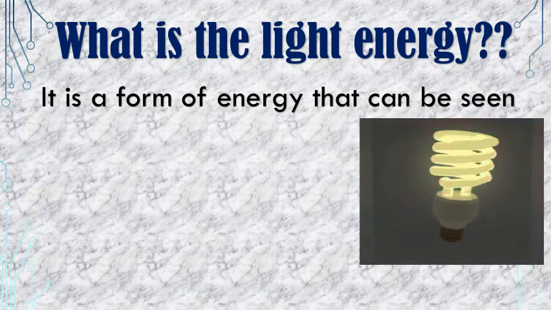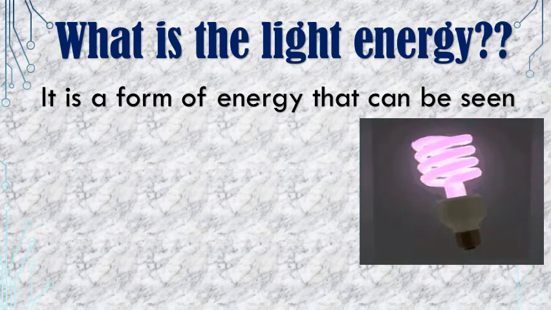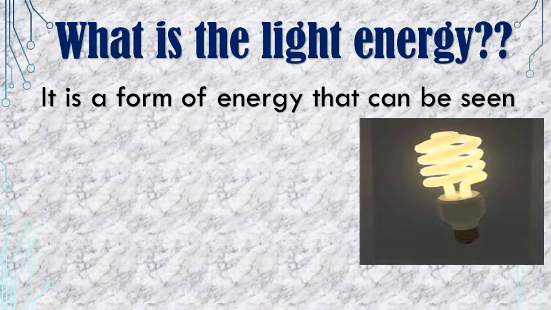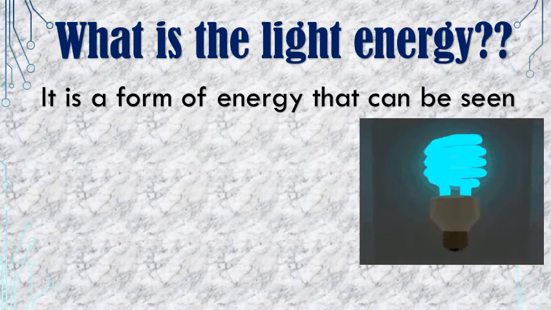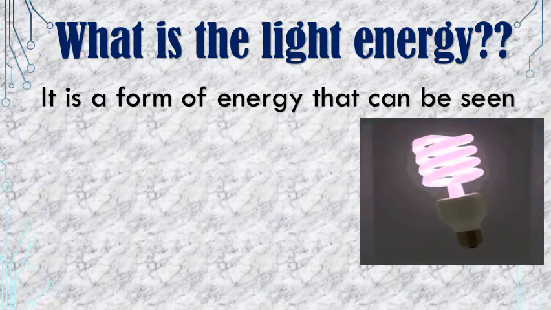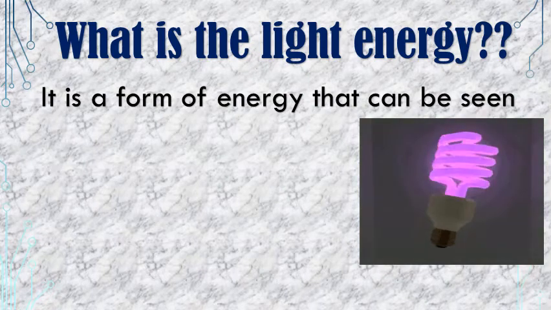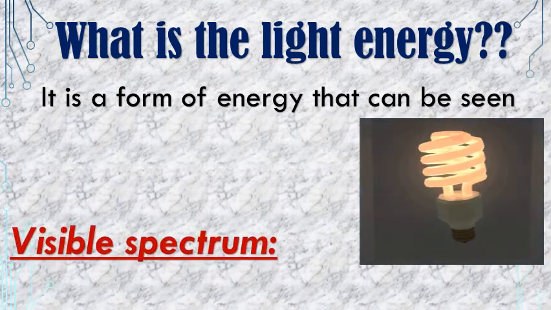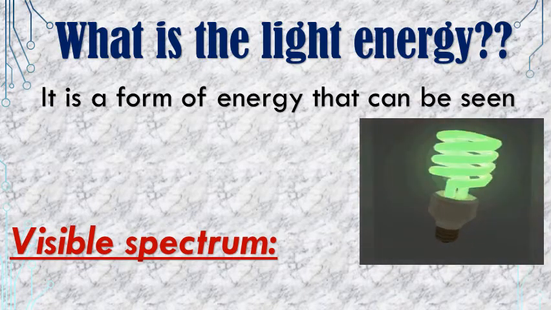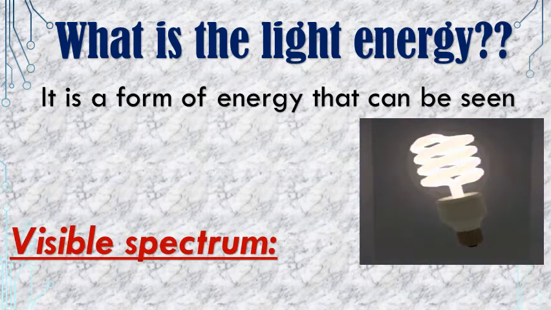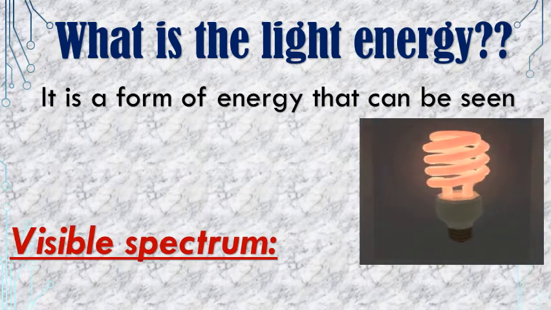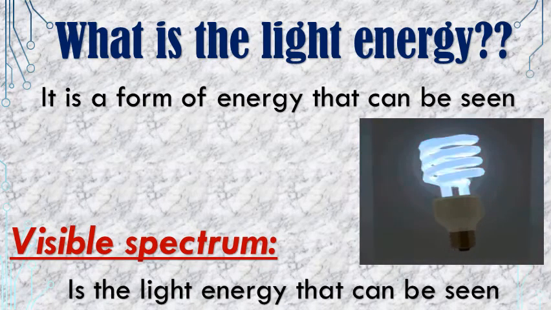If I say I can see the pen in front of me, it means that this pen is visible to me. So the sentence can be seen means visible. And in this term, inshallah, we will learn a new vocabulary word for light, which is spectrum. So what is meant by spectrum? It means light. So if I ask, what is a visible spectrum? Visible is something that can be seen, and spectrum means light. So this definition means that the visible spectrum is the light energy that can be seen.